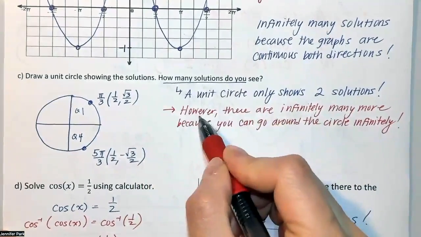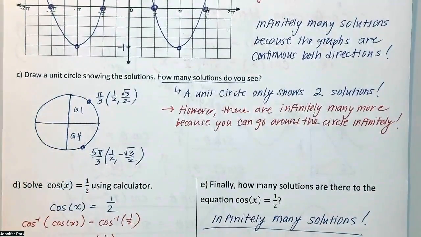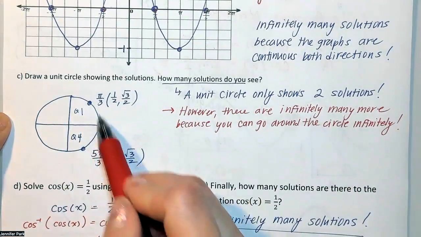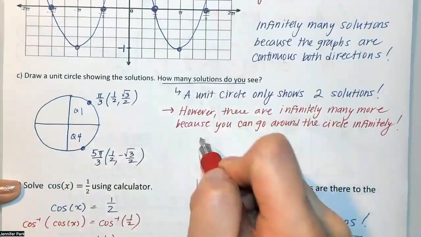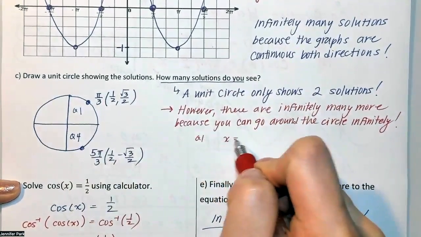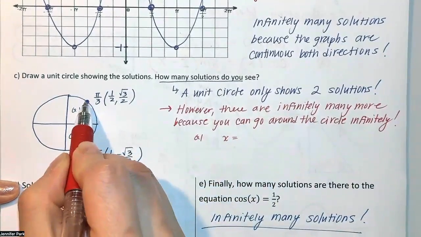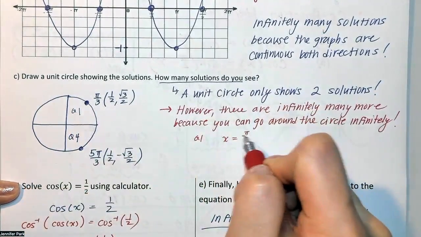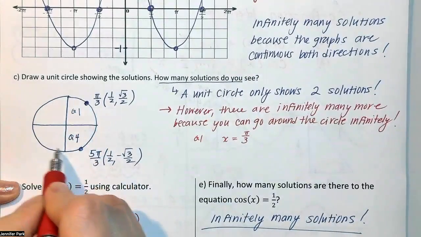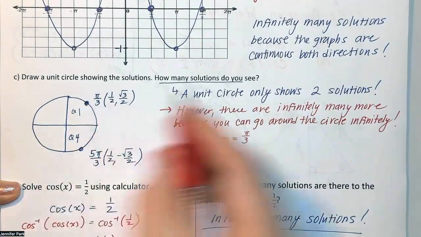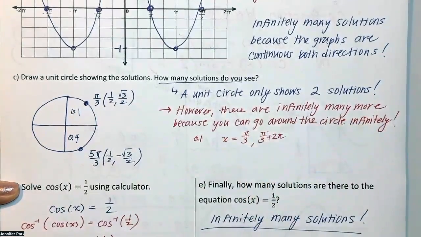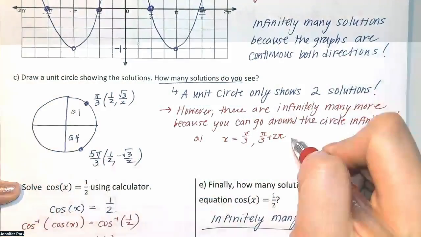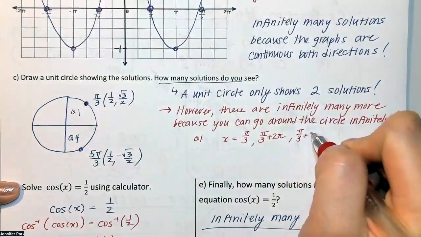You have to keep in mind that there are going to be infinitely many more solutions, because you can go around the circle infinitely many times. So even though for quadrant 1 we have one angle of pi over 3, if you go around the whole circle again, which is adding 2 pi, here is your next solution. And then you can go around 2 pi again. So if you add another 2 pi,